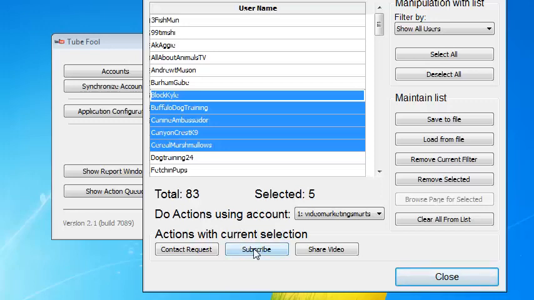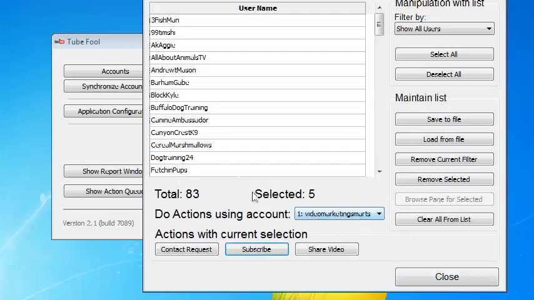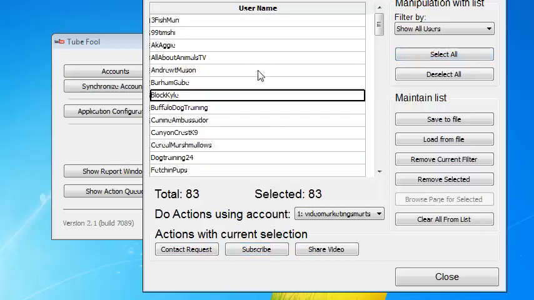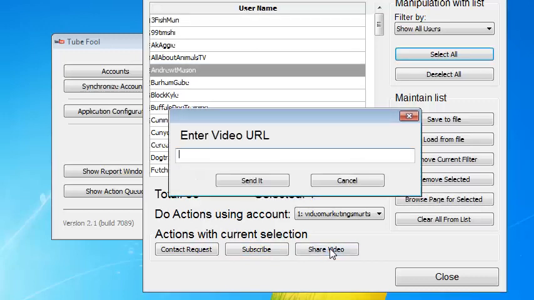So for example, I can click on subscribe, and it's going to start subscribing to those channels that I just selected. Also, I can share a video. So I can select all these people, or just a few of them, and I can click on share video, and I can put one of my YouTube URLs in there. And what's really cool is it's going to send this URL to their inbox that a video has been shared with them,